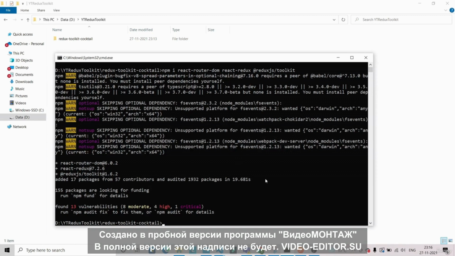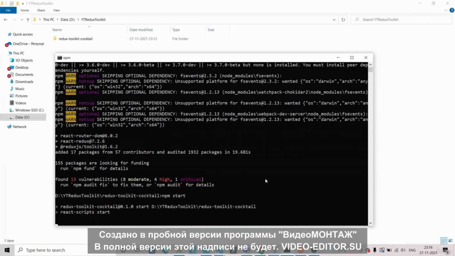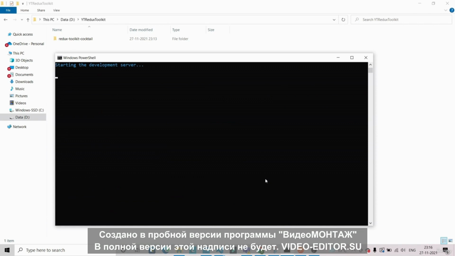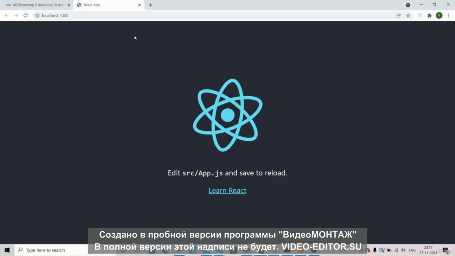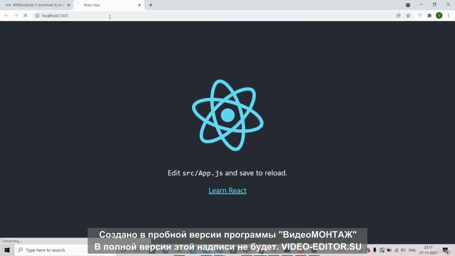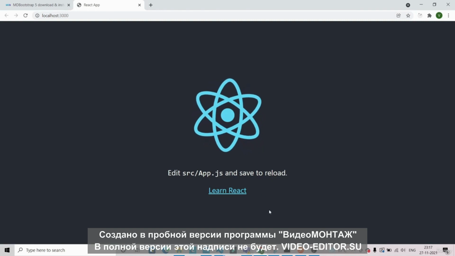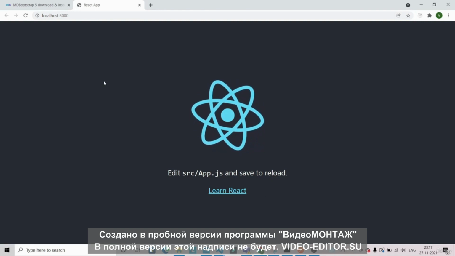So guys, all our packages got installed now. So I will do npm start, and this project I have already opened in Visual Studio Code. So let's go back to Visual Studio Code, and now you can see that our project compiled successfully. So let's go into the browser. You can see that we don't have any issue, and let's set up Material Design Bootstrap as well